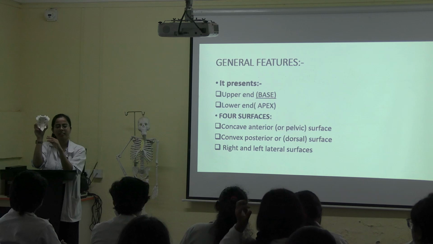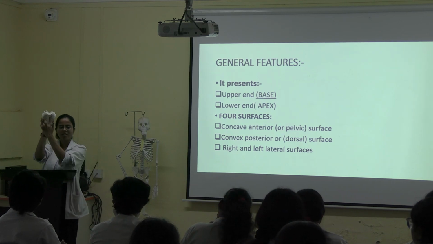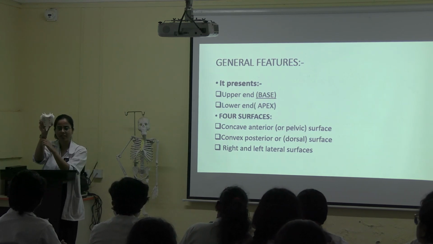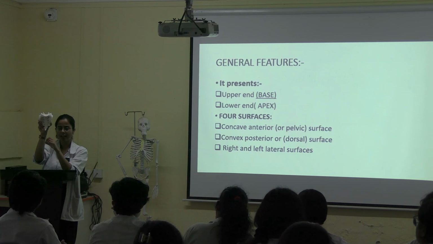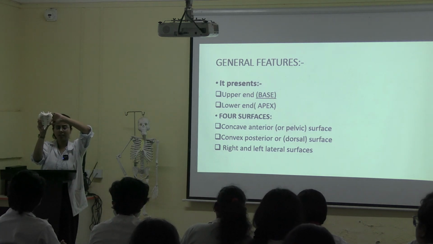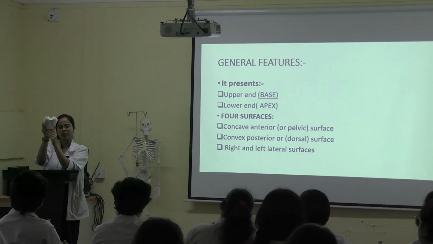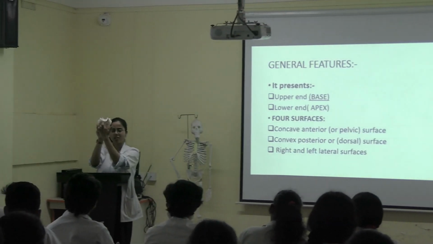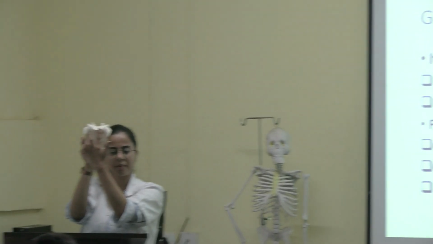So how do you hold it? Like this. This is what surface? The pelvic surface. It should face forward and downward. This is the sacral canal, backward and forward. Clear? And this surface, the superior surface of the first sacral vertebra, will make an angle of 30 degrees with the horizontal. So this is how you hold the sacrum.